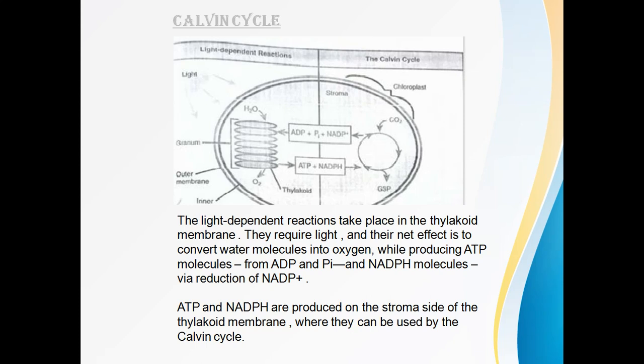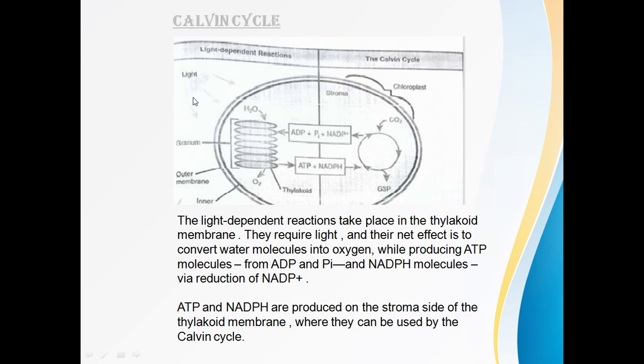And this arrangement of these disc-like structures, one above the other, these thylakoids, we are calling as granum. Granum is these thylakoids which are present in the chloroplast in the leaves. This thylakoid only will contain the green pigment called chlorophyll that is absorbing the light.